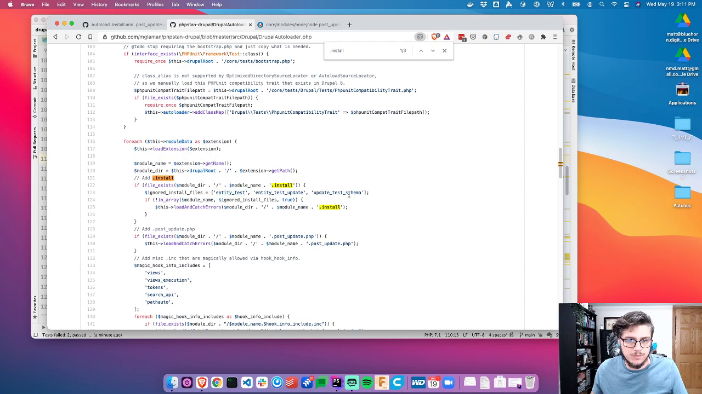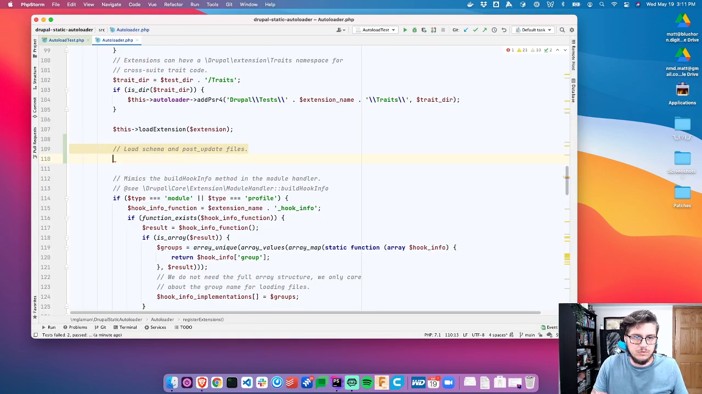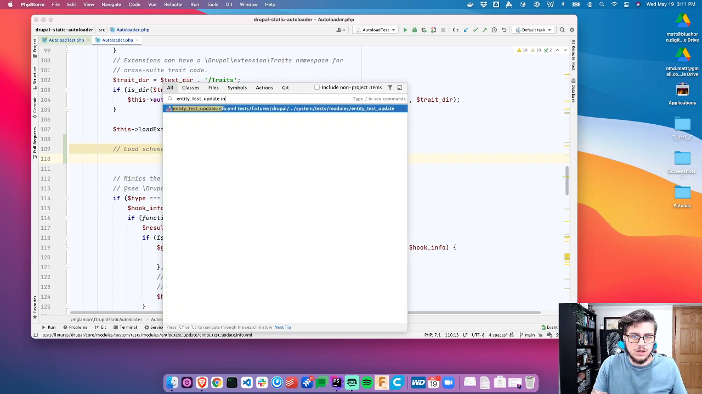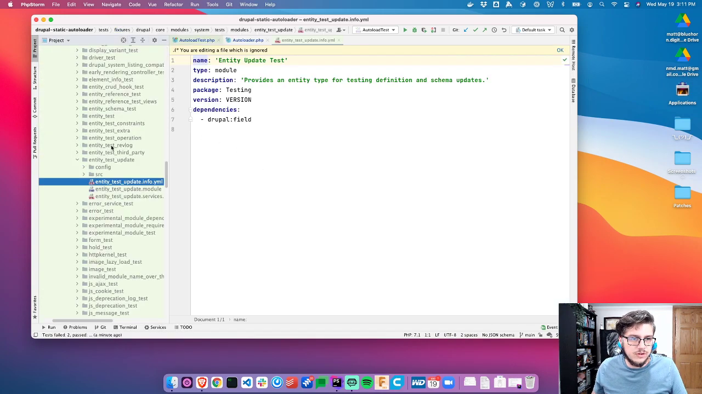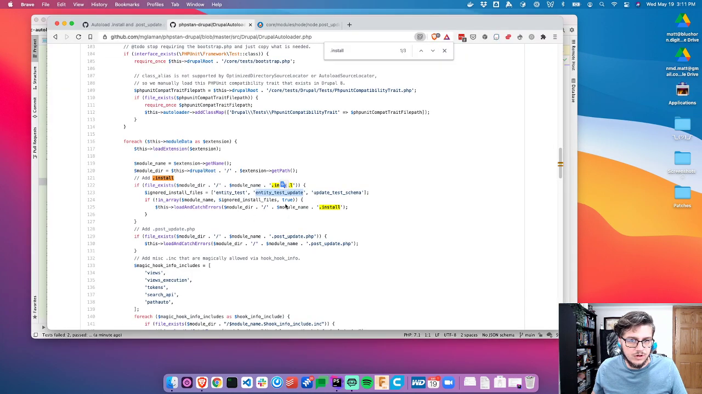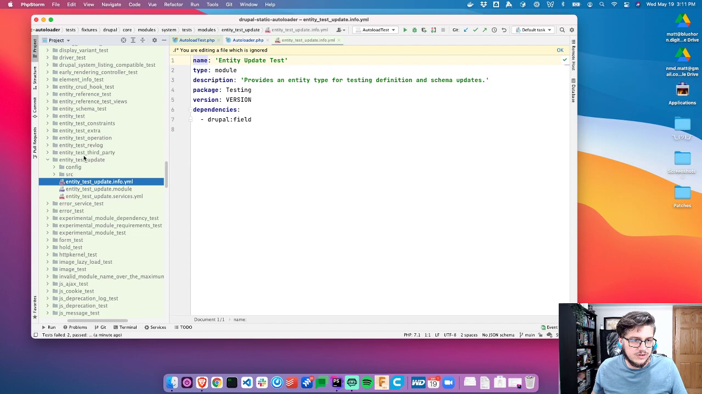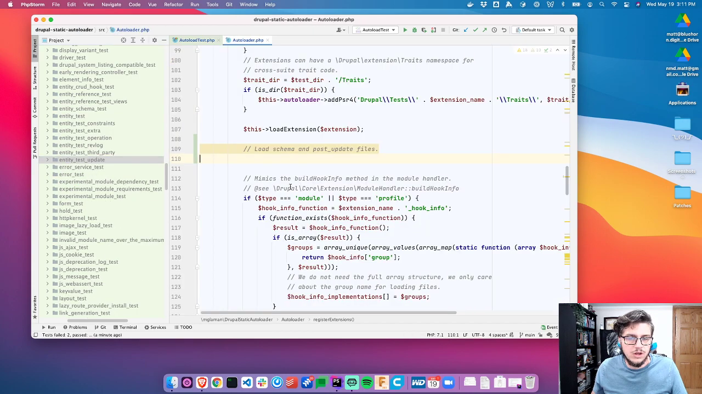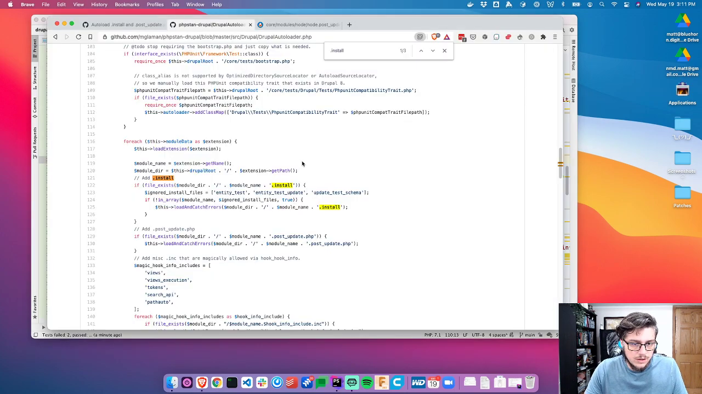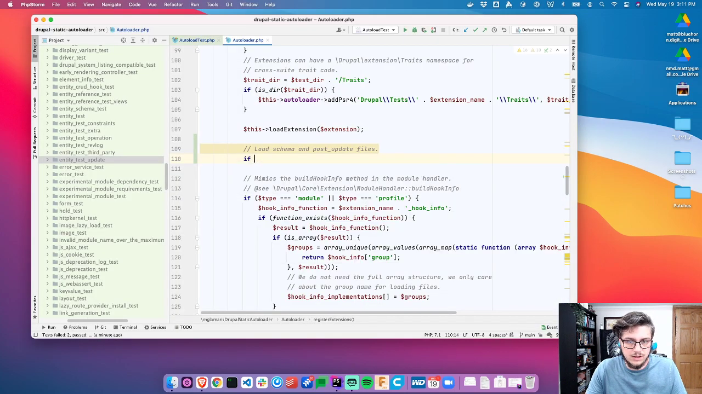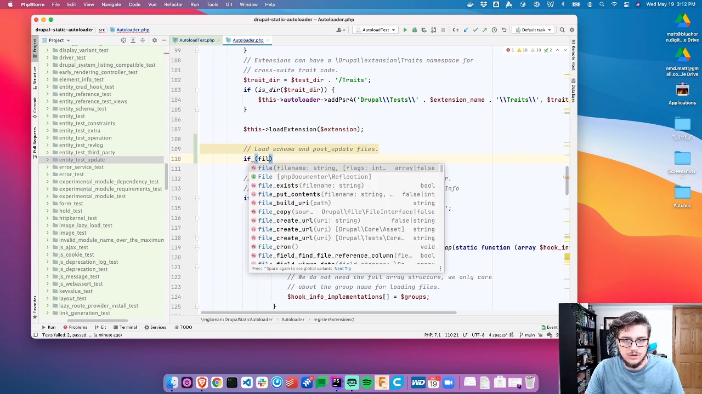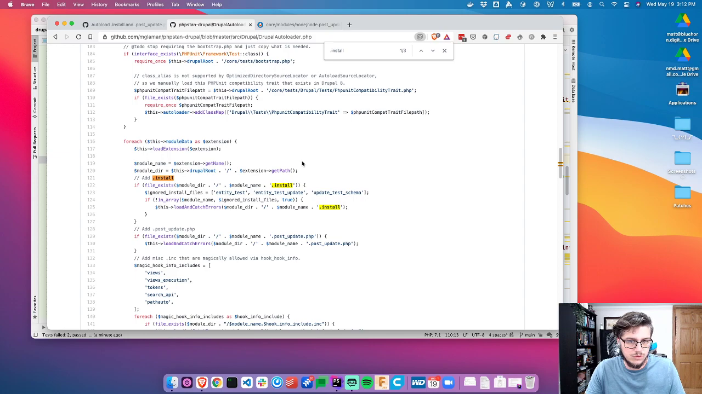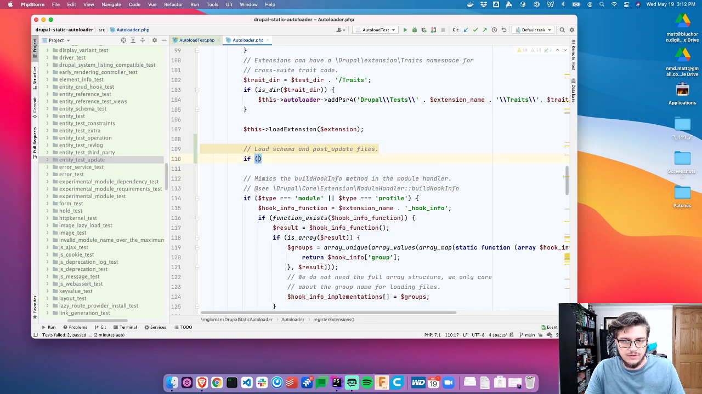I believe this does. I believe this does too because it has all. Well, this doesn't have one anymore. Entity test schema. Those are removed. Well, I'm going to keep those warnings. So yeah. So if file exists, we'll do